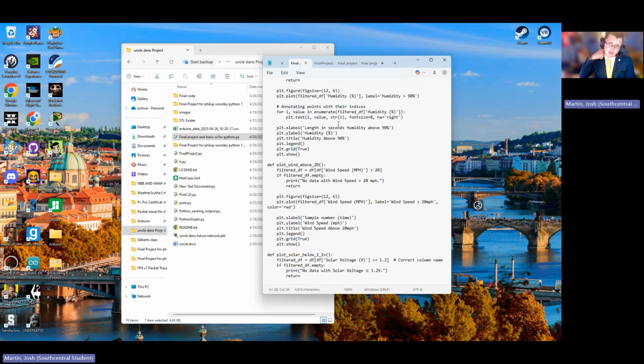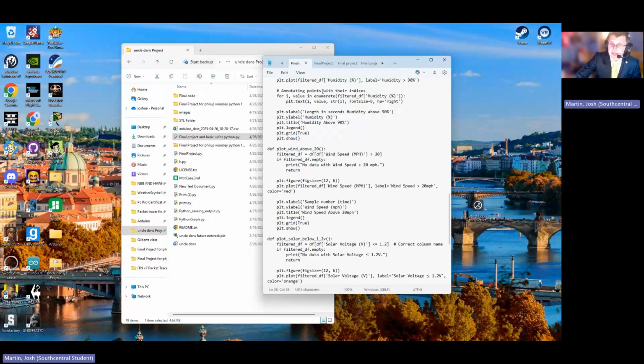And then we'll plot the figure, fig size 12,6. So it's going to go ahead and plot it in that size. And then plot the figure's definition of the humidity percentage with the label of humidity. Now we're annotating points for their indices. So for i, value in enumerate filtered humidity, plot the text i, value, string i, and font, horizontal alignment right. So it's saying it goes right, and this is where it's plotting them. So that's the top right, the lines